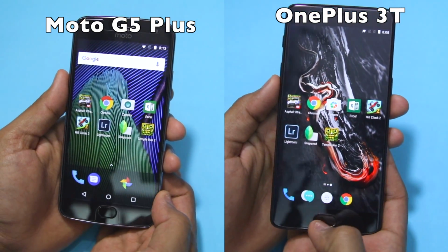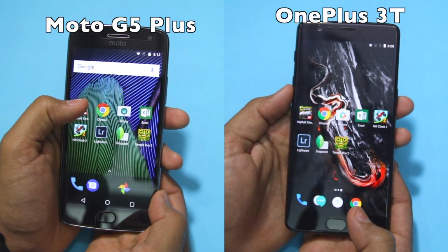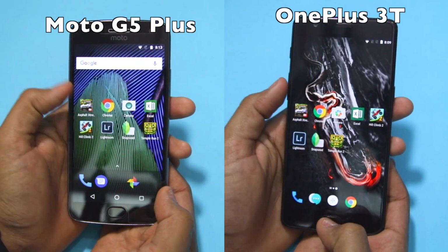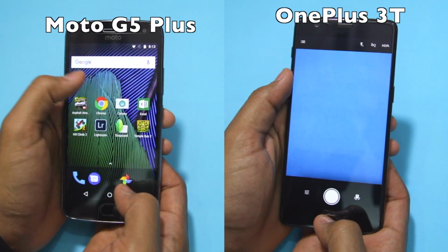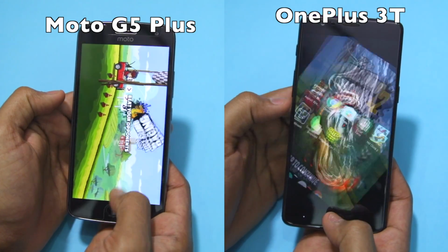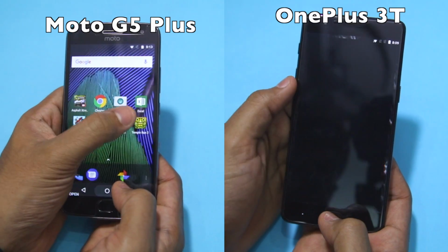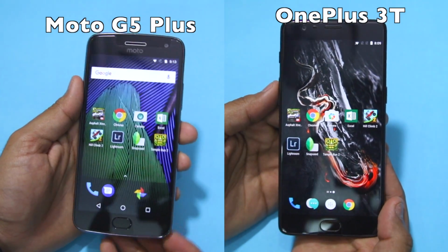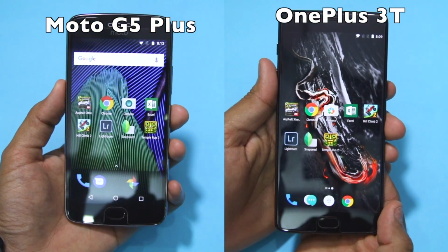I redid the speed tests multiple times and the results were the same. A further proof of that is that by loading applications from the RAM of the phone during the second round of our speed test, the Moto G5 Plus took 15 seconds while the OnePlus 3T took almost 15 seconds, which means that there was essentially a difference of 1 second between the two devices. This clearly shows that despite the OnePlus 3T coming with more powerful internals, the Moto G5 Plus can easily hold